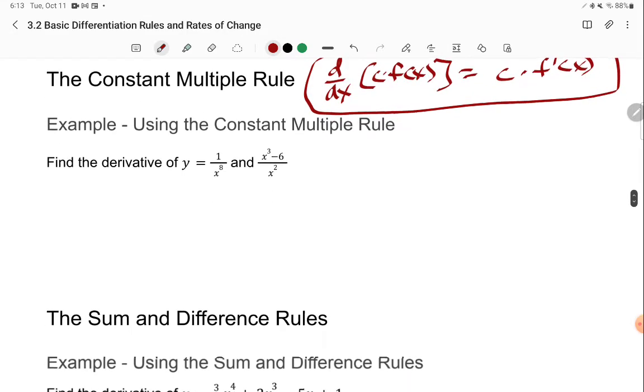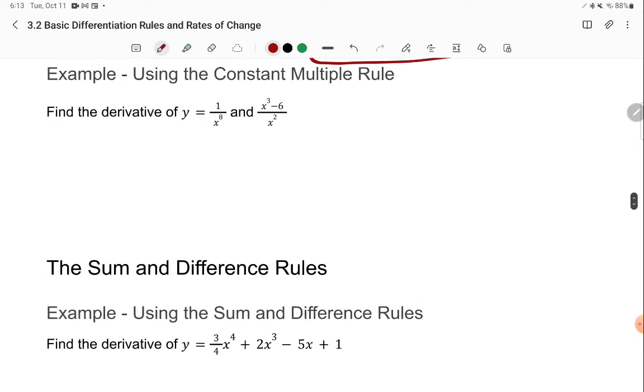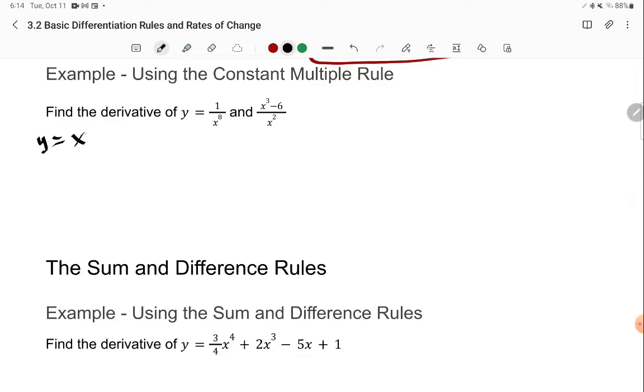Now let's do some examples. So if we look at the first one, 1 over x to the 8th, I'm going to change this so that it's y equals x to the -8th. Now we can apply the power rule. When we apply the power rule, we would take this -8, bring it down and multiply. So the derivative is going to be -8